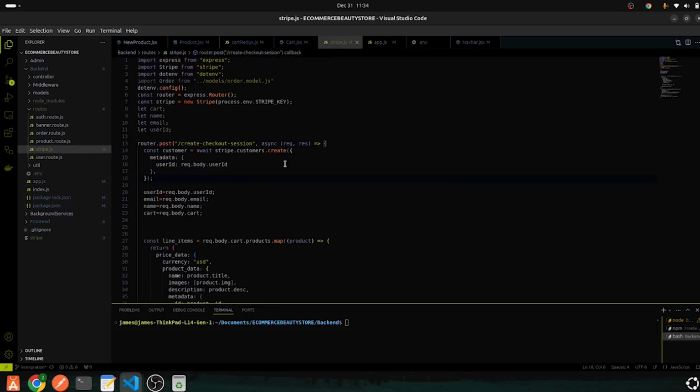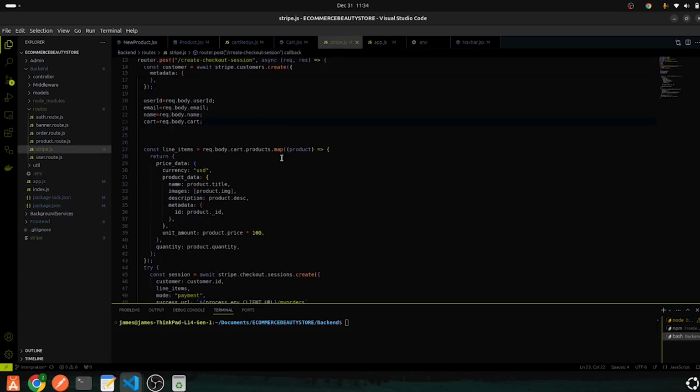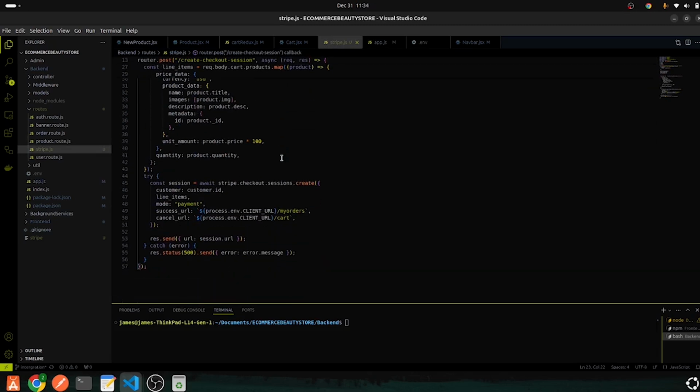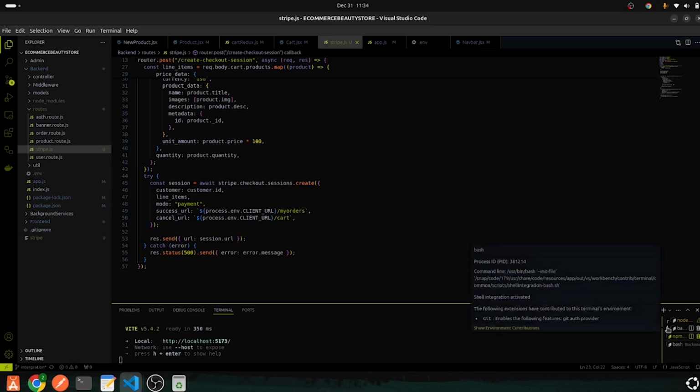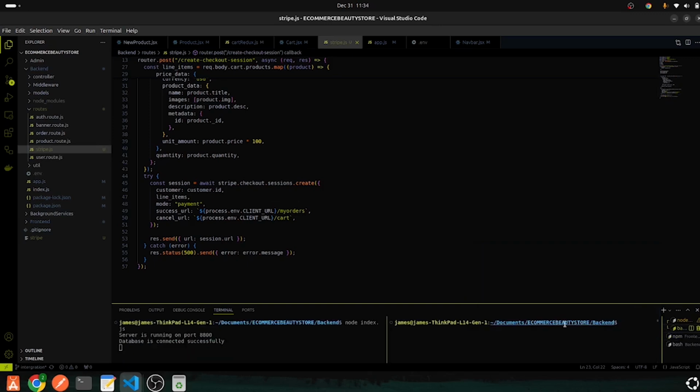So now what I'm going to do right now is that I want us to see if we can get the pre-built checkout and we can be able to make payment. So I'm going to first of all come here to my backend. So yeah, I have my backend here. So where is my backend? Yeah, it's right here. So I can close this, or let me just come up here and then I can clear this, and then I can say